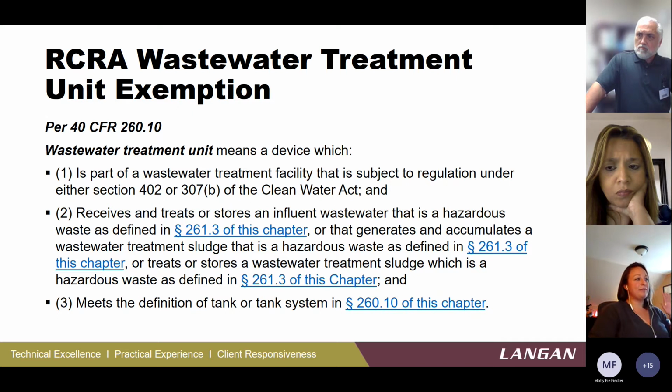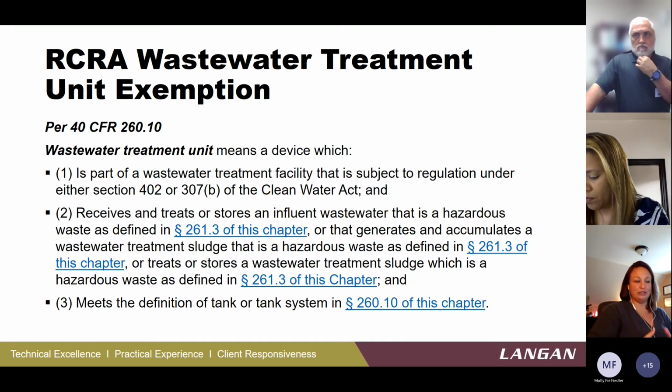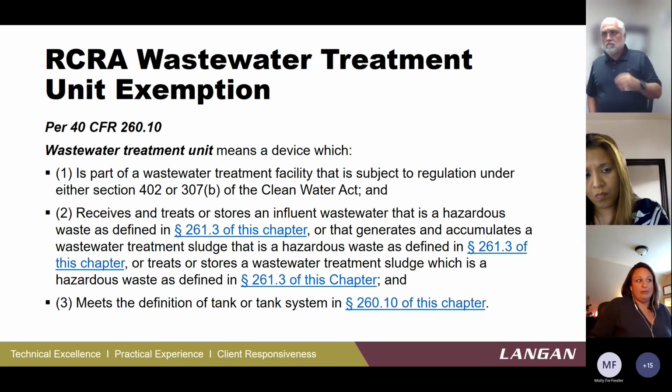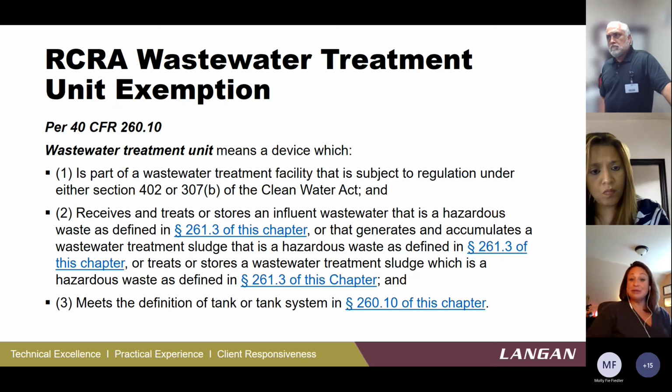So this is one of the biggest benefits to having a Clean Water Act permit, particularly when you have a closed loop system. If you have a closed loop treatment system and it's treating hazardous waste and generating hazardous waste usually as well, you're treating hazardous waste. You would need a RCRA permit, but you cover the closed loop system, even though it's not being discharged, you can still cover your closed loop system under a Clean Water Act permit.